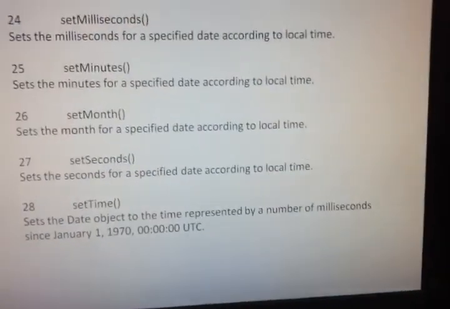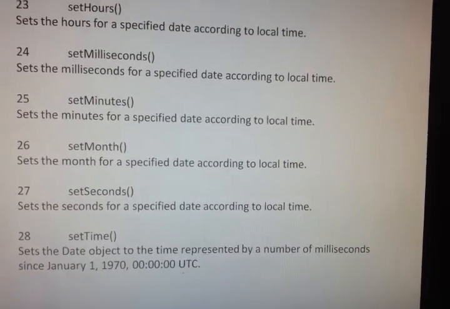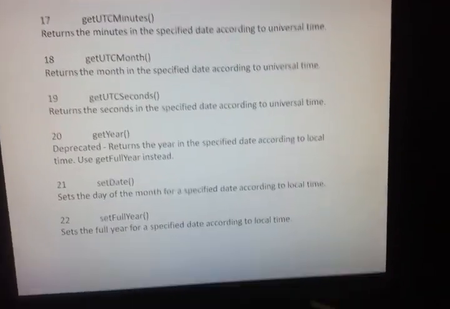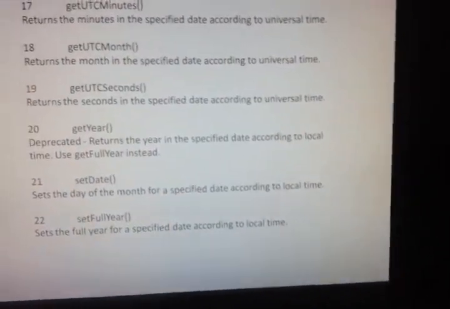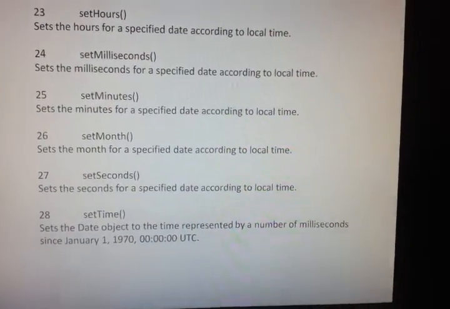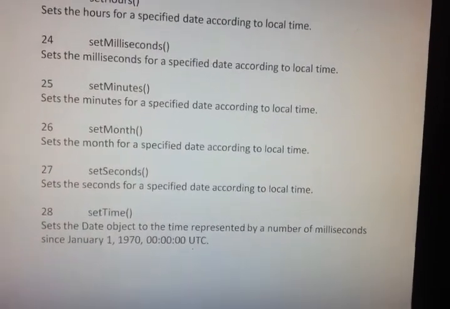So this is the normal set, local time. According to local time, these are the methods: setDate, setFullYear, setHours, setMilliseconds, setMinutes, setMonth, setSeconds, setTime.